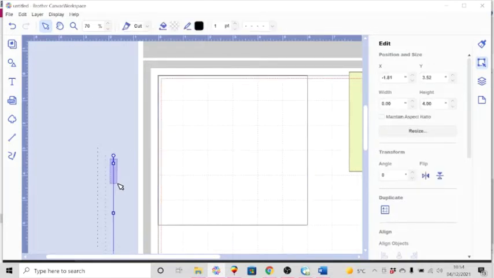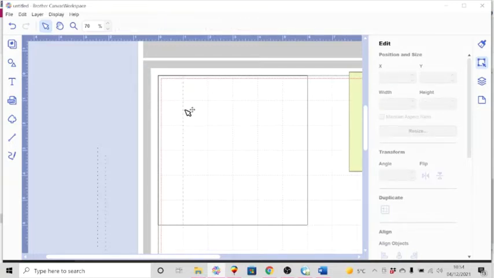And we can bring this first line here, I'll make that 6 inches. So there's our first score line, and we want it to be 1 inch from the edge. And we'll have it 1 inch from this side, 1 inch from this side, 1 inch from this side, and 1 inch from this side. So want to place that at 1, which puts it here on this grid line, and